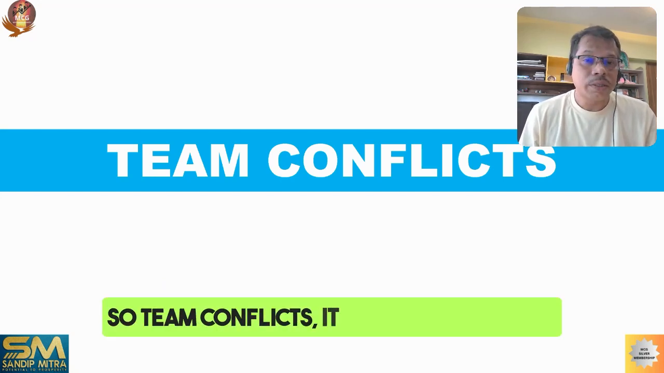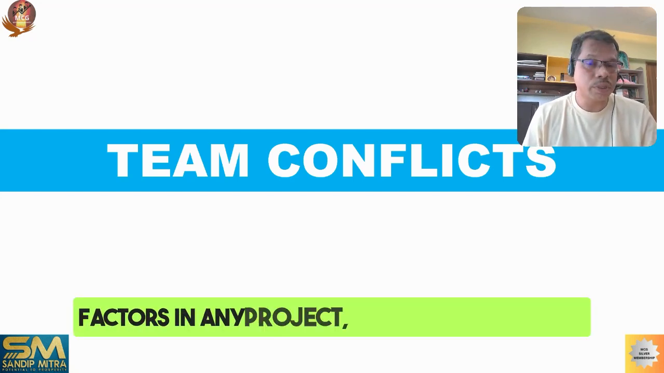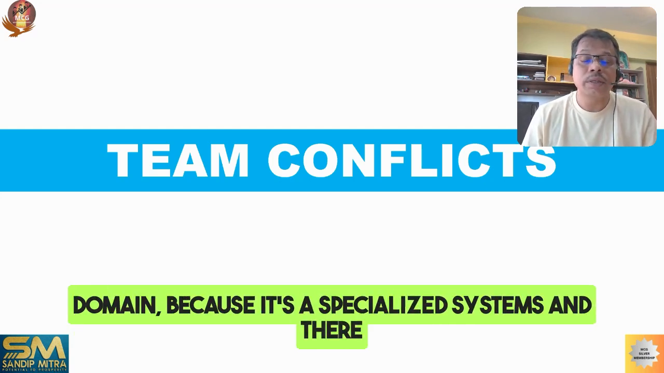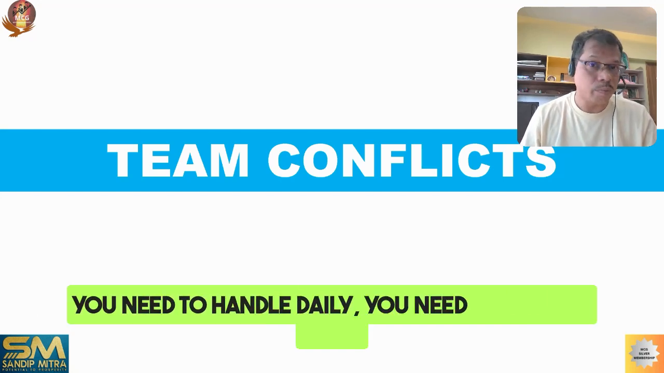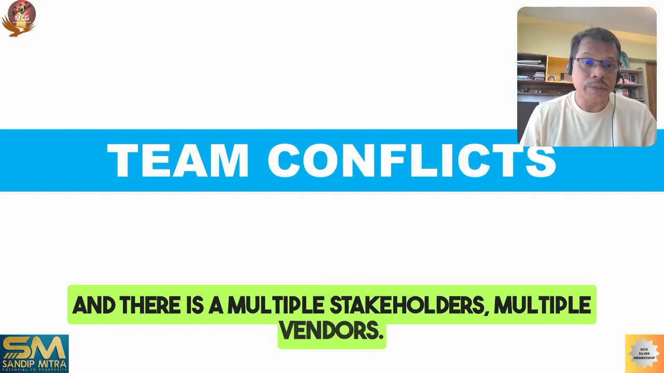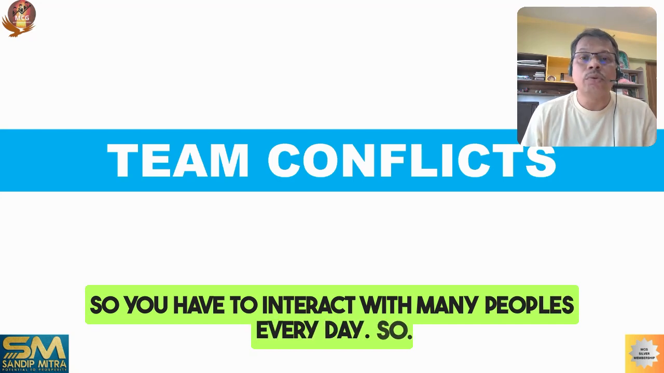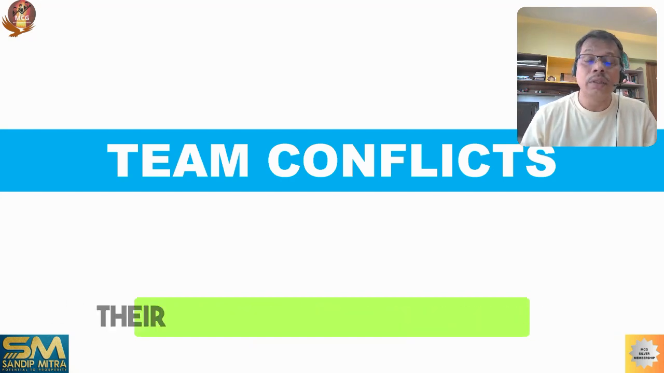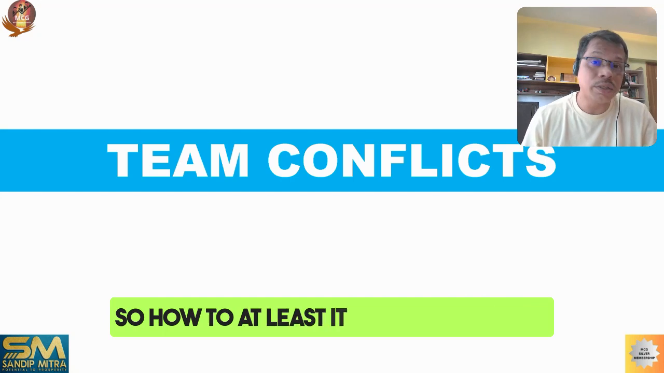So team conflict is a very important factor in any project, especially in the MEP domain, because it has specialized systems and multiple subsystems you need to handle and manage daily, and there are multiple stakeholders and multiple vendors, so you have to interact with many people every day. And all human beings are different, their DNA is different, their thinking pattern is different. So at least it is not possible to